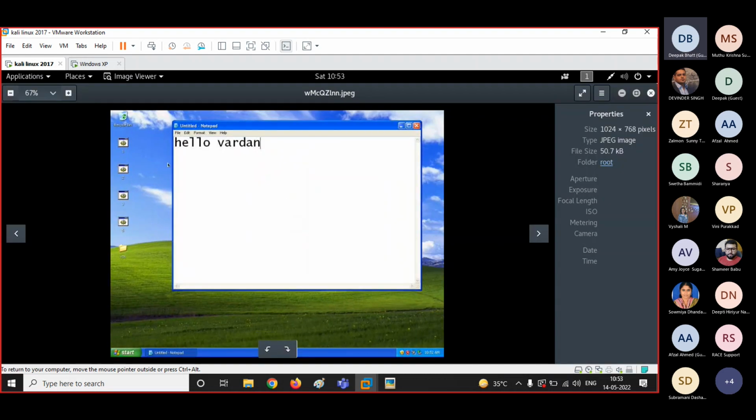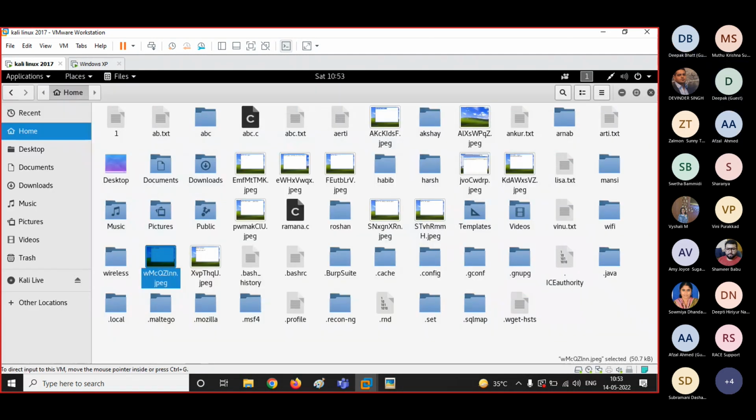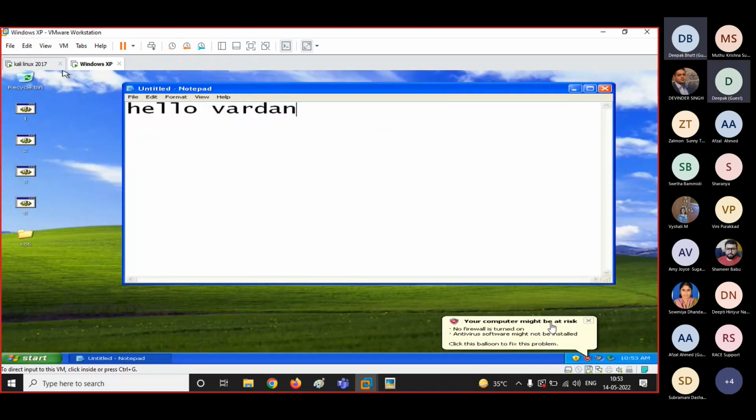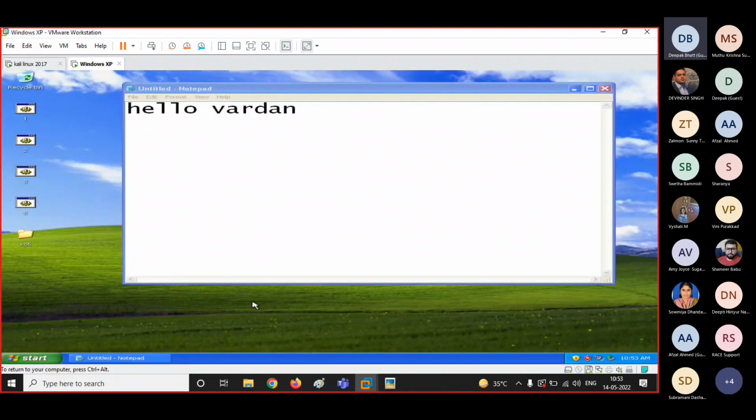It is the same thing that the user was typing on his machine, guys? Yes or no? Yes. So what you have done is taken a screenshot of that particular machine, guys. Without the user's knowledge, the user has no idea what is happening, that his computer has been compromised. He has no idea. So this is how you will be doing the screenshot.